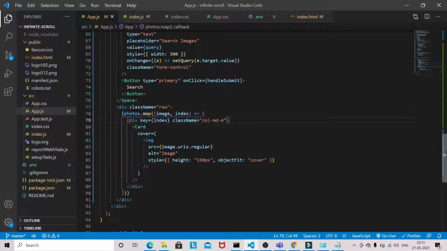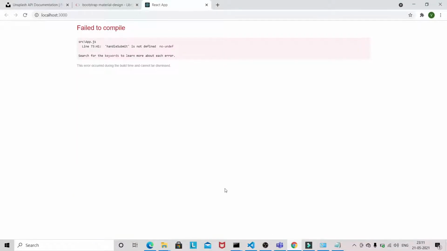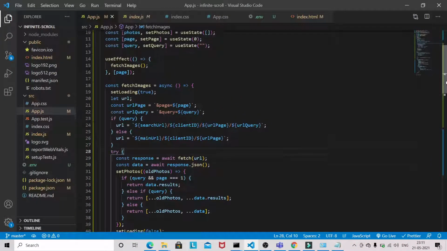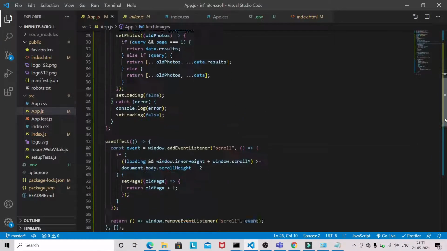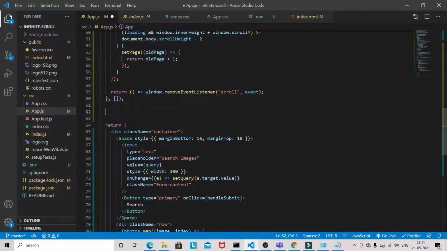So that's it. Okay, let's see. handleSubmit. Okay, handleSubmit we have to define. So let's define handleSubmit here.